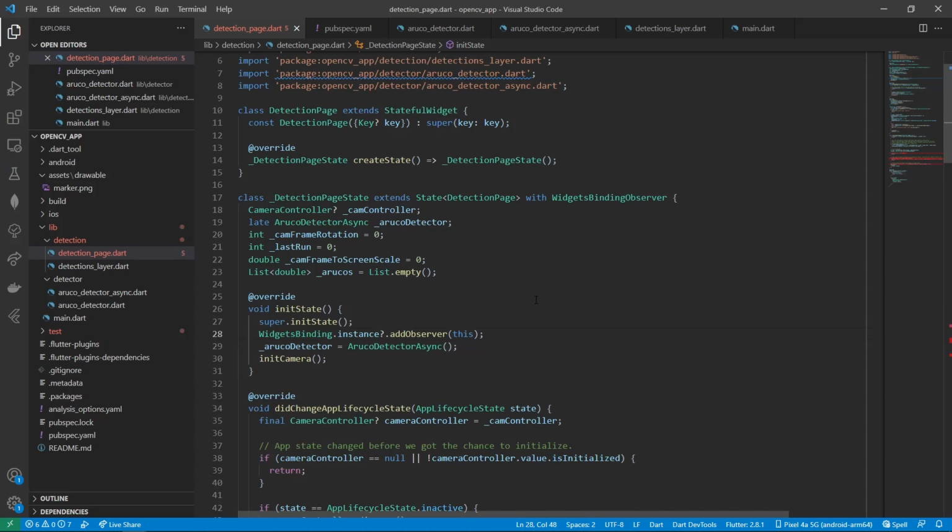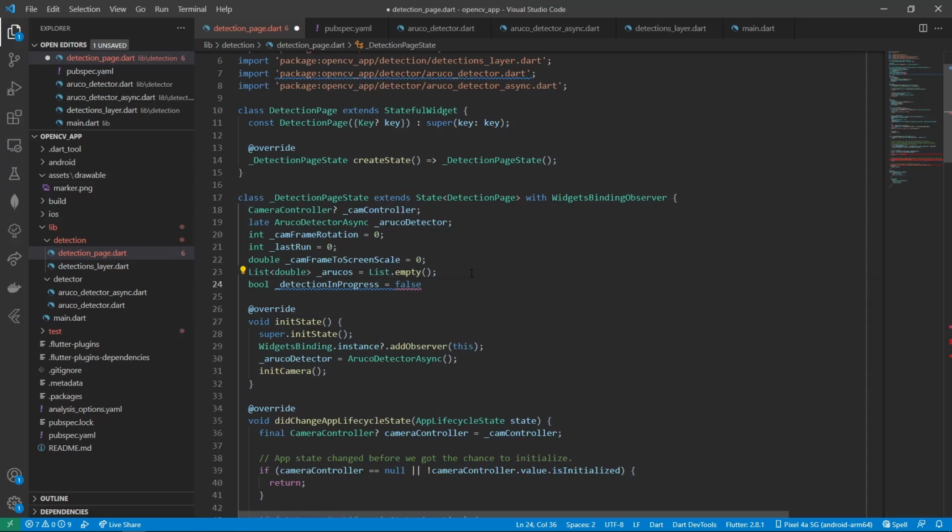Another variable that we need to introduce here is whether a detection is currently running or not, because the detection now is async. So we need to make sure that we don't call the detect while another detection is actually running. So we will have this boolean here,